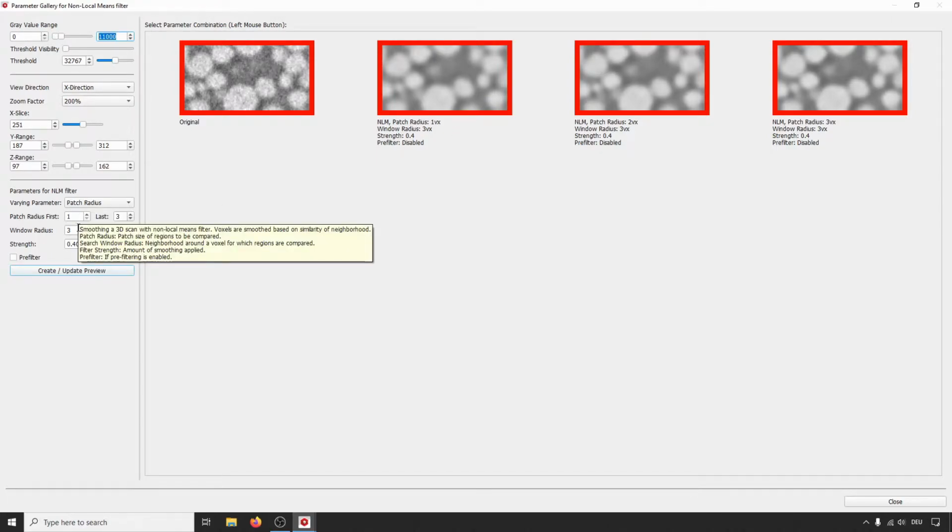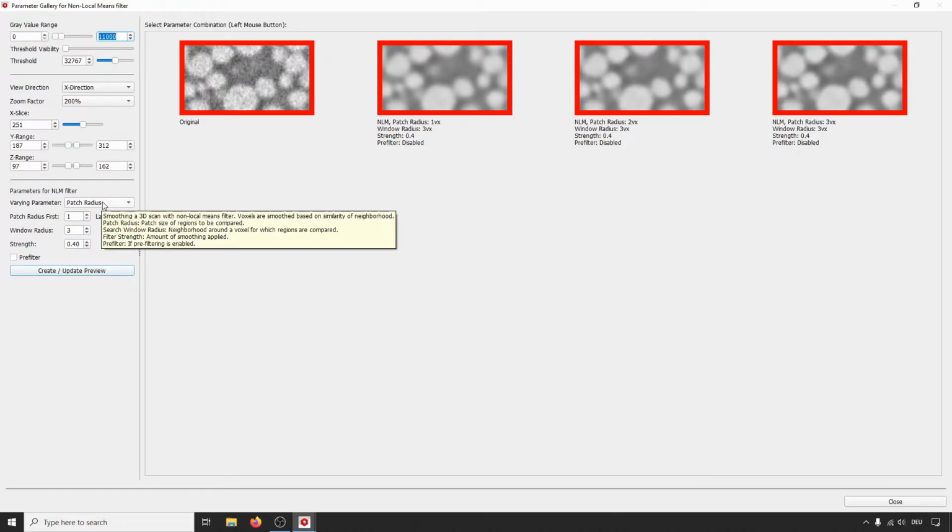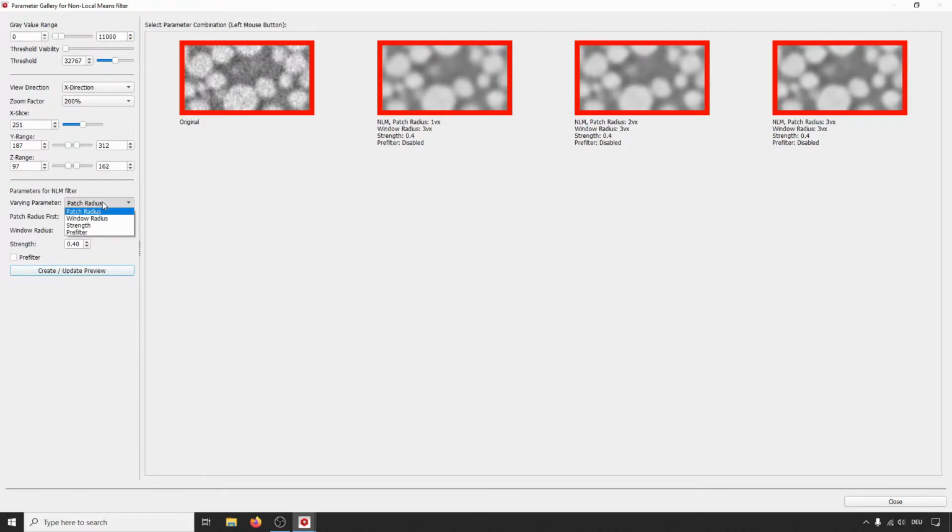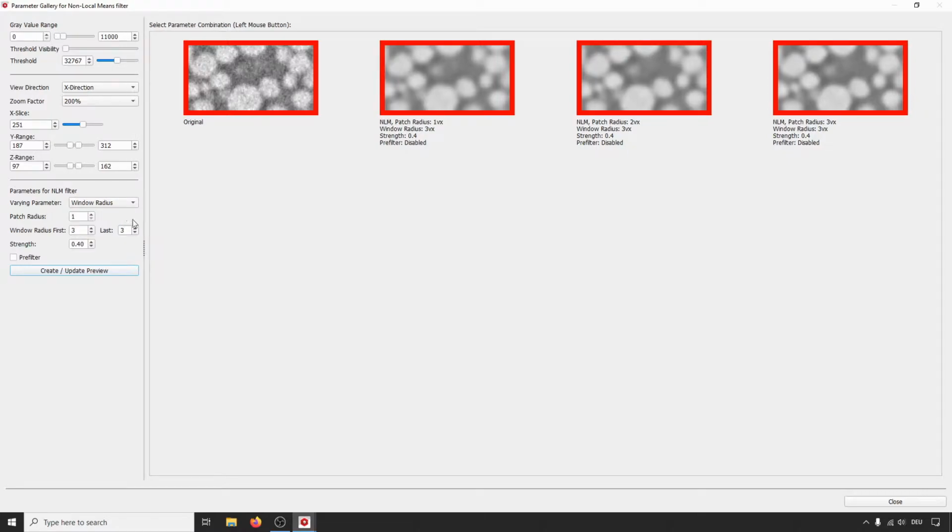So keep that here, and then we will vary the next parameter. So we go over to the window radius, keep the patch radius 1 here, and for the window radius we will also choose values from 2 to 4 to check this out here.